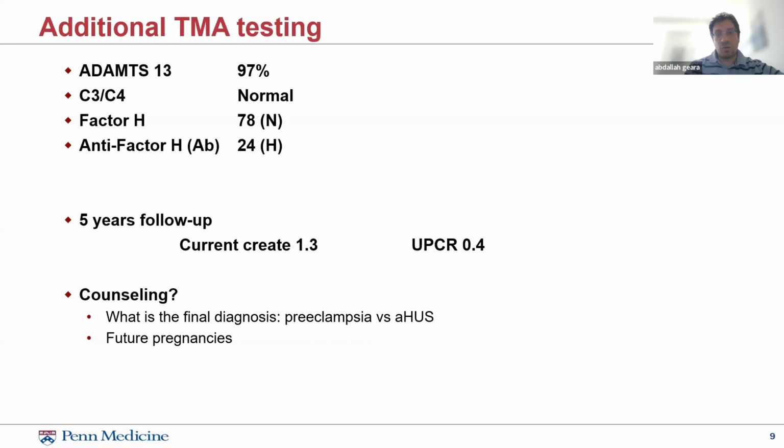Going back to our patient, during her pregnancy and the event that led to her miscarriage, she had a full evaluation for her TMA, and the complement was normal. The factor H was normal, but the anti-factor H antibody was elevated. It was not retested afterward, and she had a very long stable course with a normal creatinine of 1.3 and UPCR of 0.4. So with all of this information, what was her initial